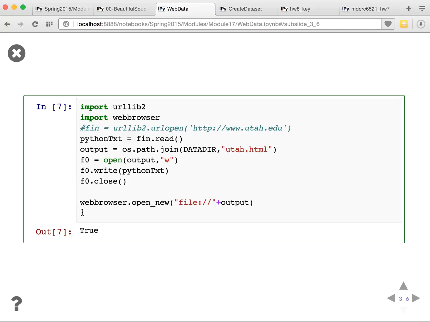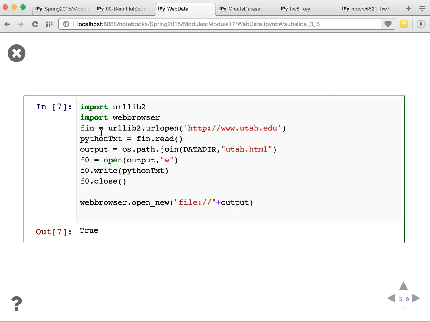Instead, okay, so let's go through this. I'm going to create a urlopen for the utah.edu website, and so this fn can be used